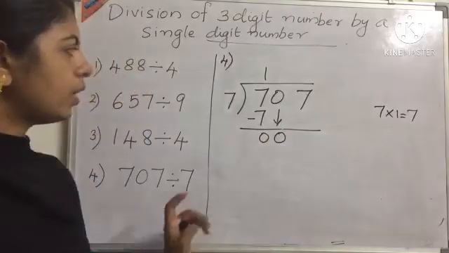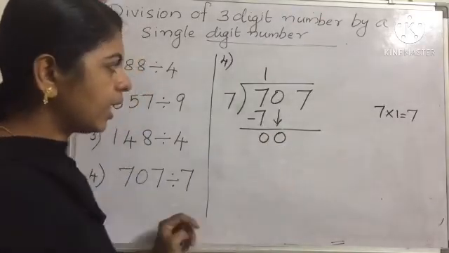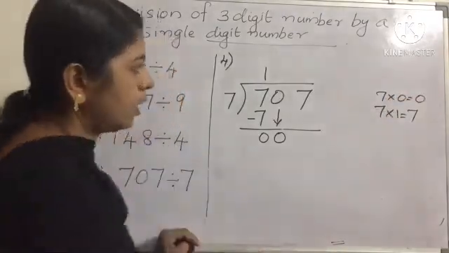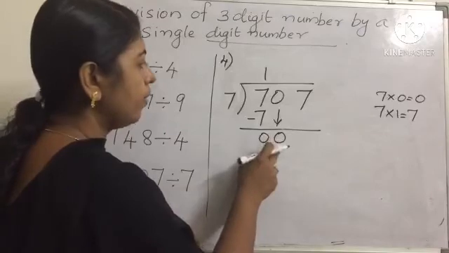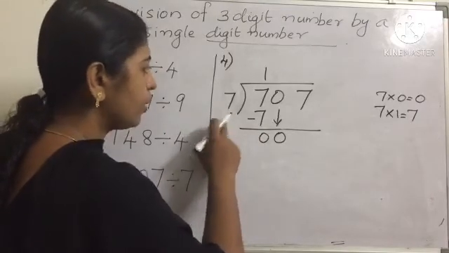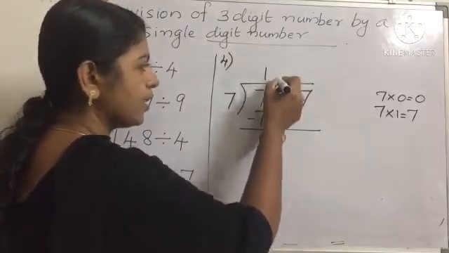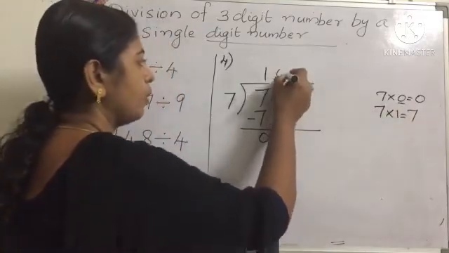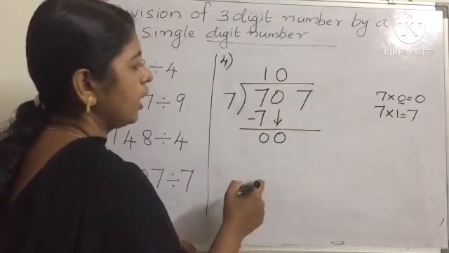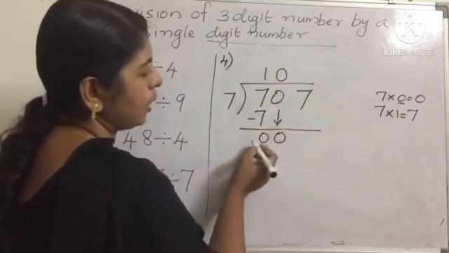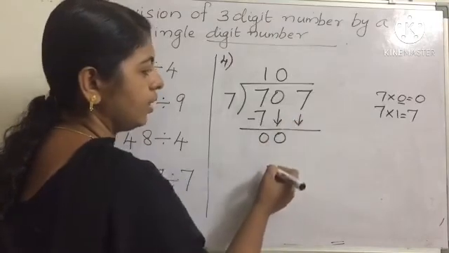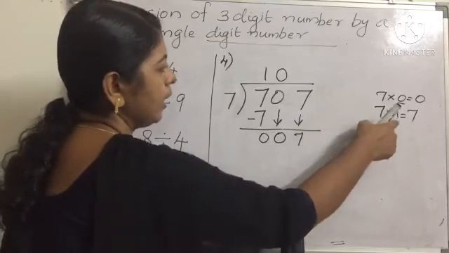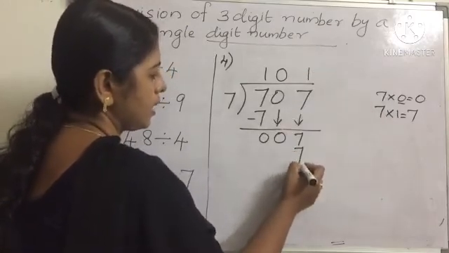It's 0. Then here we can say like that, 7 into 0 is 0. Otherwise 7 we can't divide by 7, so how can we write? We can give a 0. Otherwise 7 into which number gives 0? 0 gives 0, so that 0 we can write here. Okay, then what to do next? Both are 0, so we can write the next digit down also. It's 7. 7 in 7, how many times? 1 time, so it's 7.